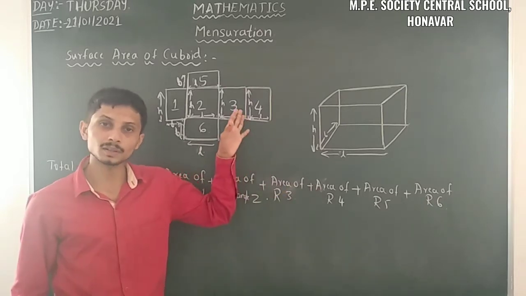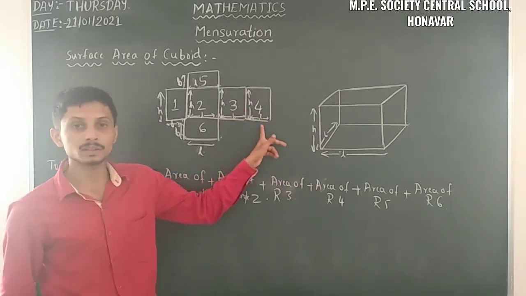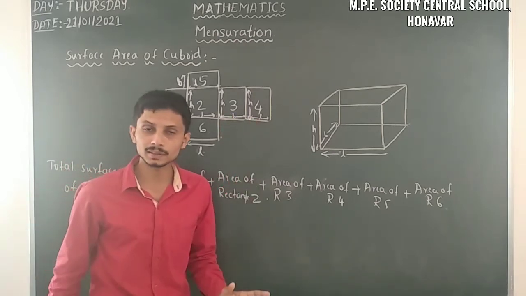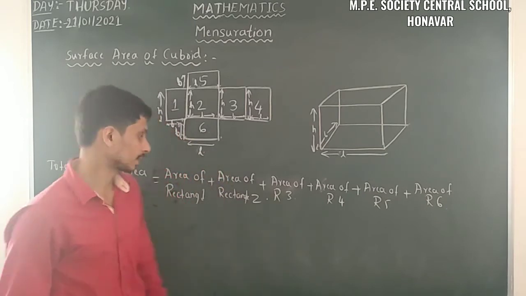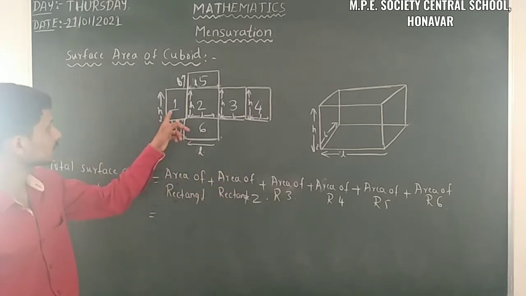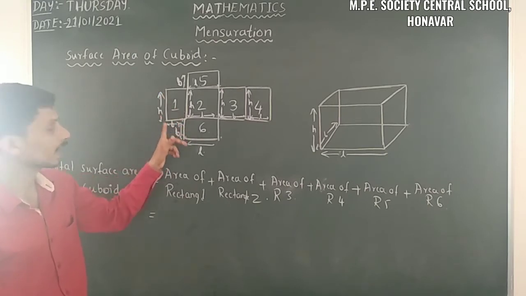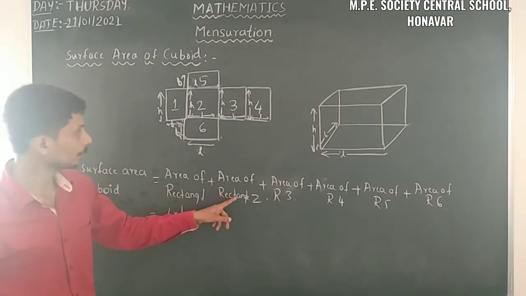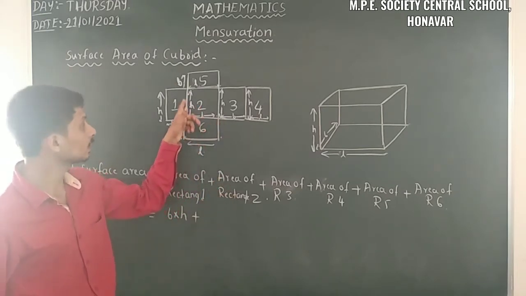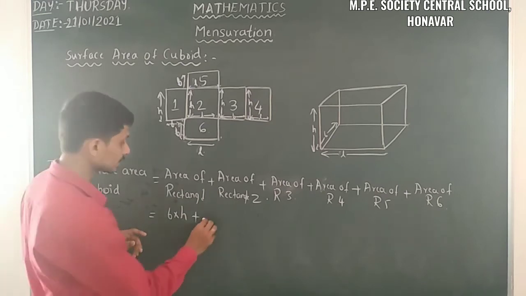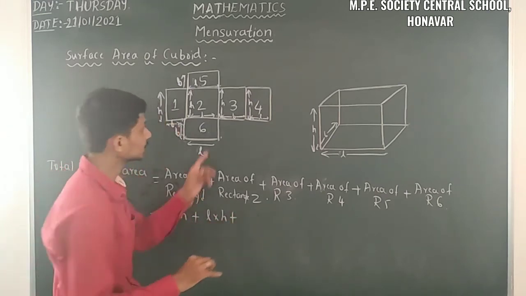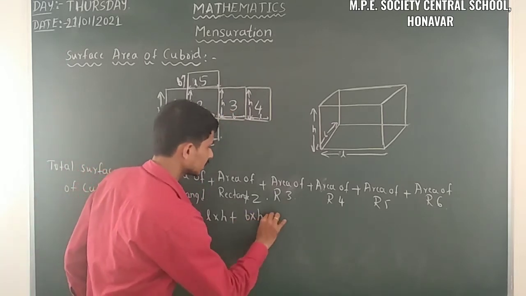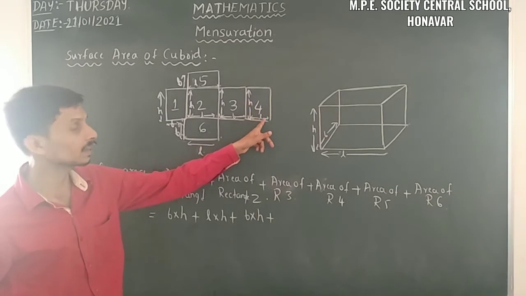So already we know that the area of the rectangle is equal to length into breadth. Whatever the height and whatever the breadth, or whatever the height and whatever the length we have, we have to multiply. Then we can get the area of each rectangle. Just observe here. What is the area of rectangle 1? Here it is the breadth and here it is the height, so we can write it as B into H. Then area of rectangle 2, here L is the length and H is the breadth, so we can take it as L into H. Plus here B we have, here H we have, so we write it as B into H. Plus area of rectangle 4, here L into H.